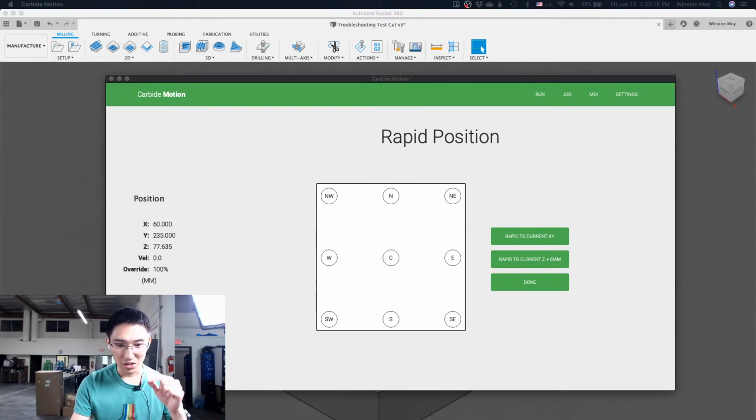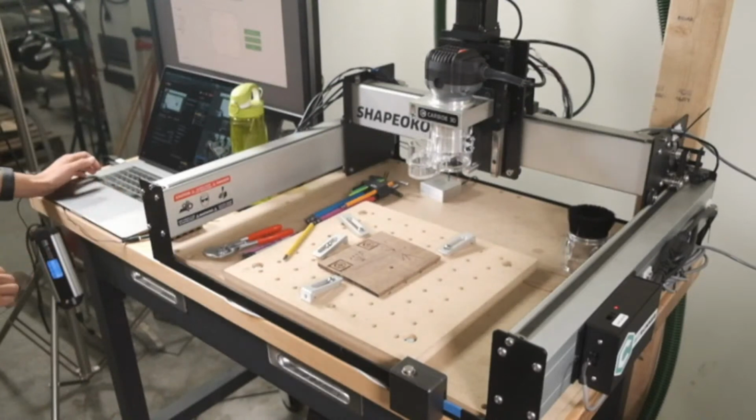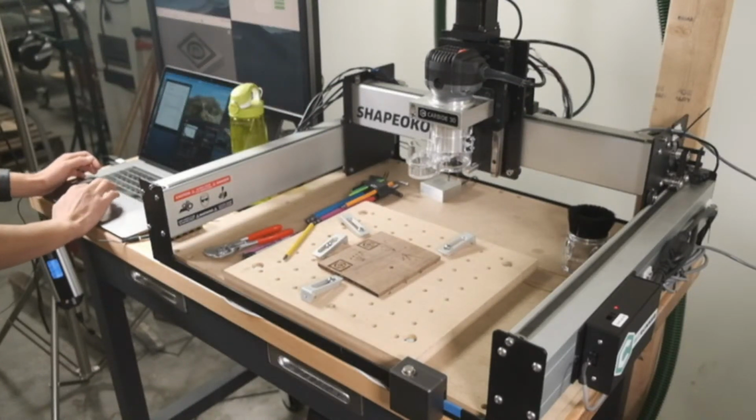Let me know if my audio is no good, but I'm going to jump over to the machine and walk you through some common issues or problems or mistakes if you don't set up the machine correctly. So let's transition over to the main camera. Okay, so